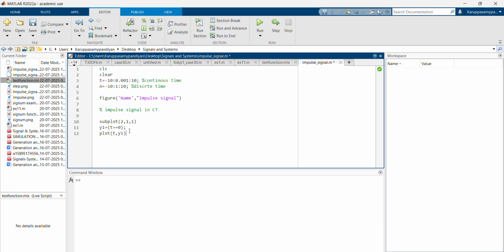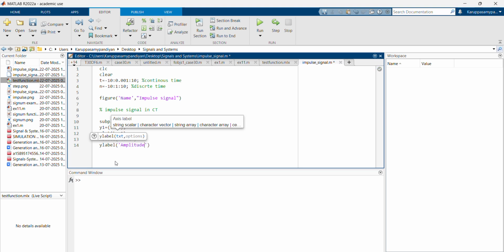So now I just label my x-axis data, y-axis data, and also I wish to keep a title for this plot. So to label the x-axis, we have a command called xlabel, and open bracket, in single quotation you can give a name for the x-axis. So x-axis, let's keep the name as time. Then for the y-axis we have to use a command called ylabel. Let's keep the name as amplitude,